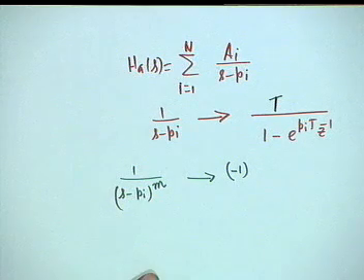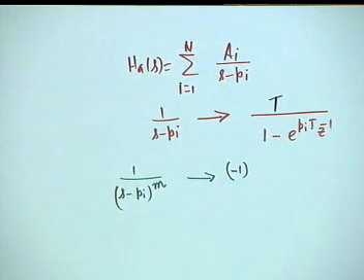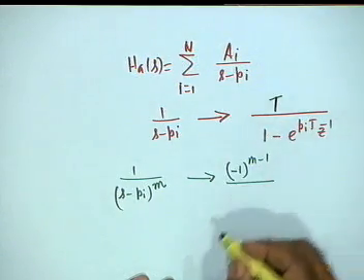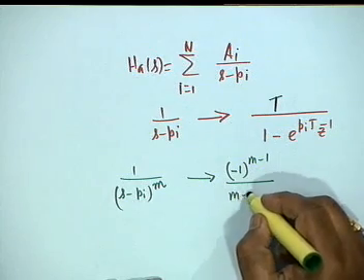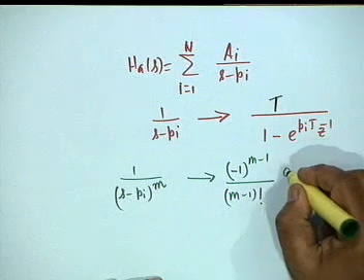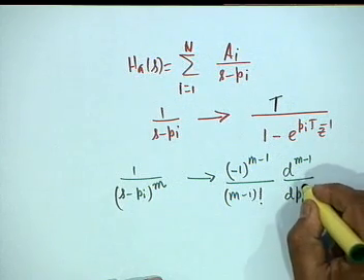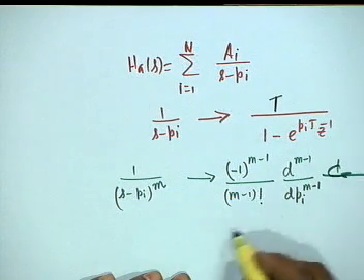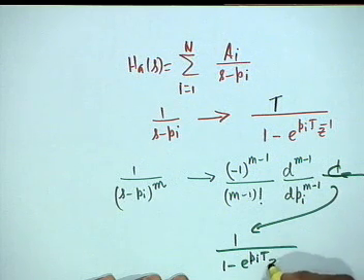You will thank God if such a repeated pole does not occur, because it requires considerable amount of algebra and differentiation to be able to get this done. Repeated poles always pose a problem, isn't it? Even in partial fraction expansion. Minus 1 to the power m minus 1, then divided by m minus 1 factorial, differential coefficient m minus 1 with respect to p_i, then 1 by 1 minus e to the p_i T z inverse.